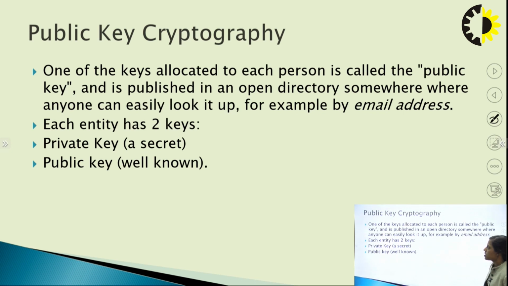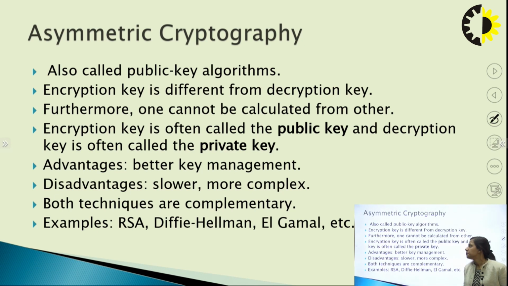Next is public key cryptography. Similar to asymmetric cryptography, we are using the public key and the private key. As you know, the private key is a secret key which we can't share with everyone, and the public key is known to every person, every receiver. It can be known by both the sender and the receiver. But in the case of the private key, only the sender will know about it, and that should be kept secret. That's why it is more secure.